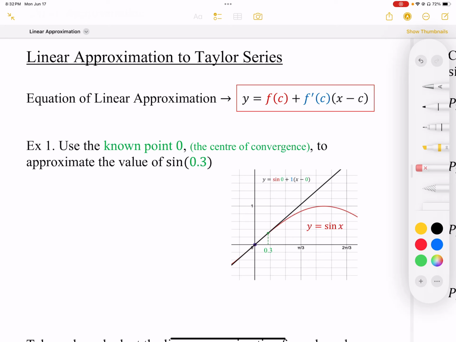I want to take you back to the equation for linear approximation. For that, we needed to have a tangent point, and we're going to show that we have a tangent point at C. So the point of tangency in this case is that point. For the y-coordinate, we need f of C. We also need the slope at that point, so we needed f prime of C. This equation allows us to find the linear approximation formula, so that tangent line, and we can use that